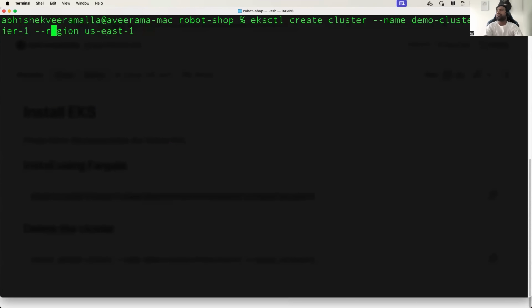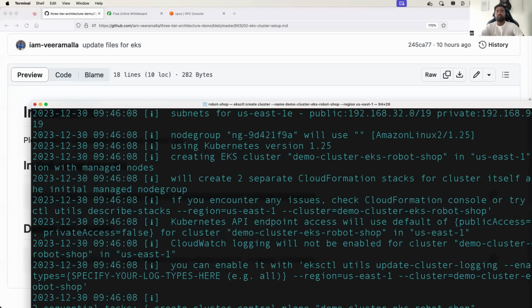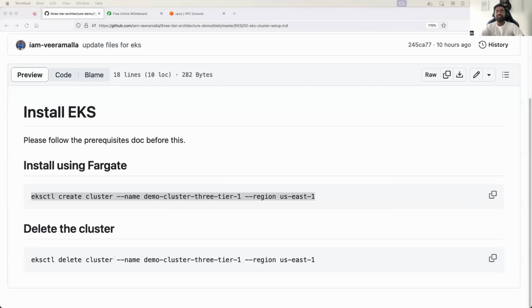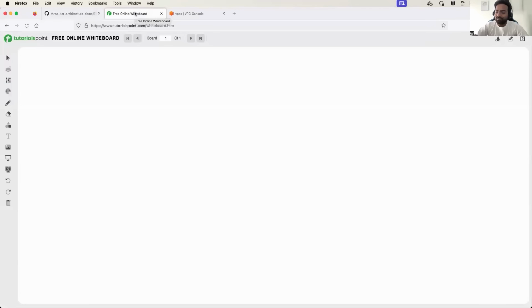So, eksctl create cluster. Let me change the name of it to demo-cluster-eks-robot-shop. Now let this do its job, and let's go back and try to understand first what is a three-tier architecture